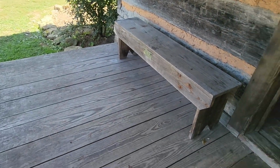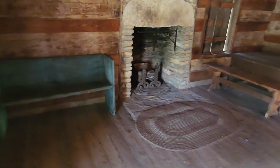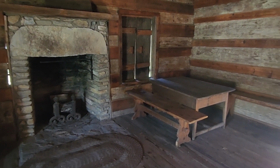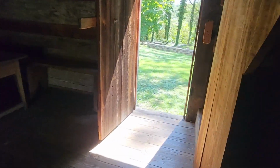Now this porch is a little bit smaller, feels like, than the other one. It might be just because of the way the benches are. Let's head on in. Okay, it is a little bit darker in here, so there's not as much light. At least the camera is picking up better light. And then at this side, sorry about the lighting over there. You get some stuff back there. Now I see a staircase. I'm wondering,